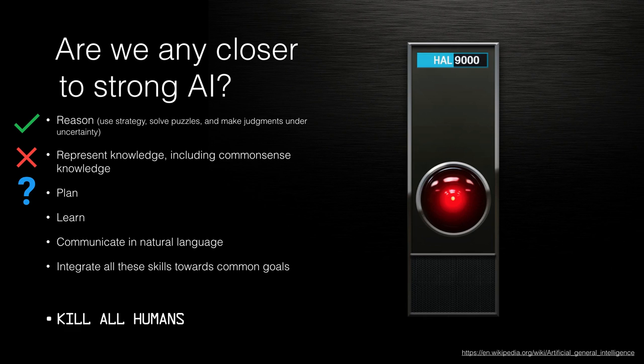Can we plan? Well, sort of. There are custom algorithms for doing things like route planning and forecasting, but it doesn't really seem to be a generally solved problem. What about learning? Yes, that's what neural networks are all about, learning from their input data. They're fantastic at that. Okay, can we communicate in natural language? Well, yeah, we're pretty good at that as well now and getting better all the time. Okay Google, Siri, conversational agents, and bots. There's been a lot of research and work done in them, and they're continuing to get better.